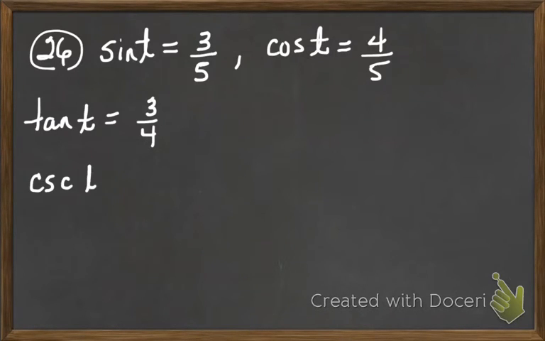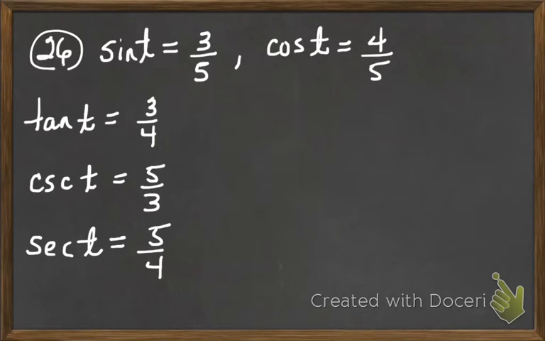The next thing that they're asking you to find is cosecant. I'm going to use my reciprocal identity for cosecant. Cosecant is the reciprocal of what? Sine. So I'm just going to take the sine value and flip it over. So that would be 5/3. The next thing they're asking me to find is secant. Secant is the reciprocal of cosine. So I'm going to do 1/4, or just flip that over. That's going to give me